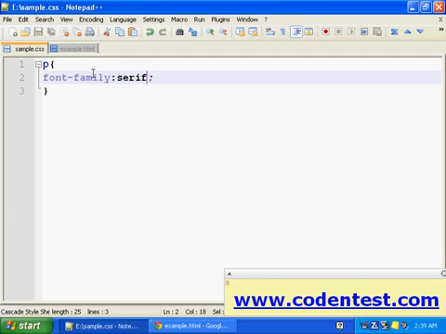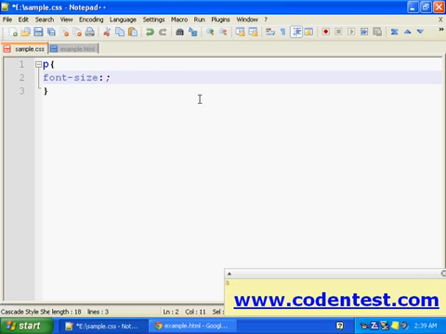In font size we can give a number, a percentage, or we can just write a word like large or small.